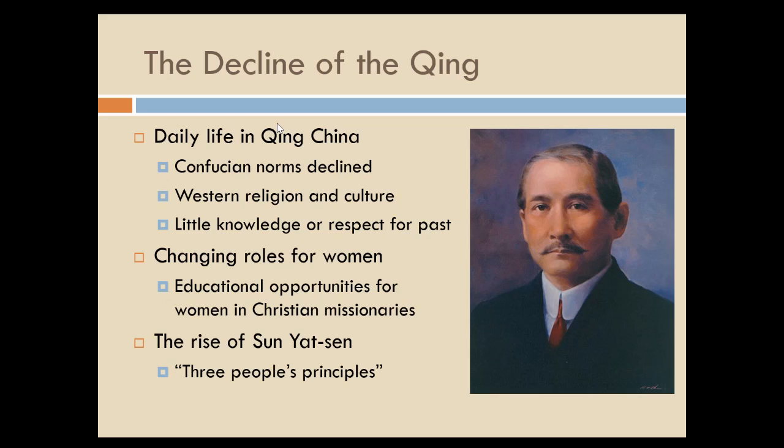But basically, the three people's principles are nationalism, democracy, and the rights of the people, the livelihood of the people. And that's a really rough translation. Basically, nationalism is more like populism, or like a unified people. Democracy, more like governance rights, or the people's power, or government of the people,